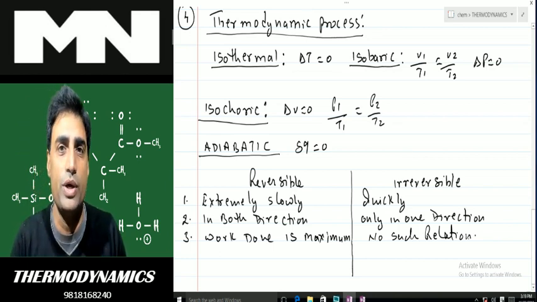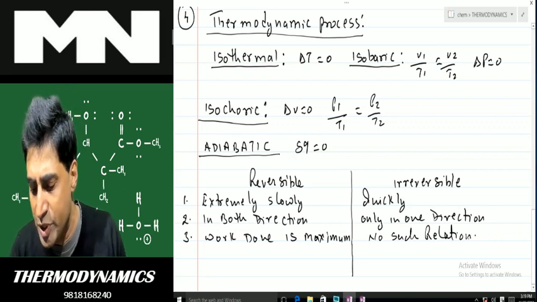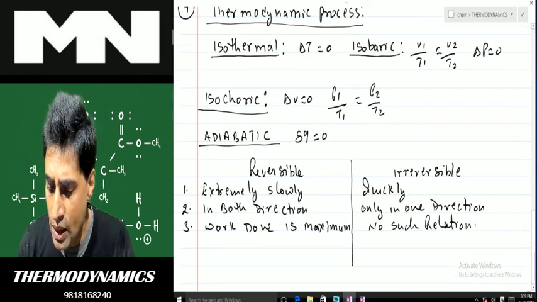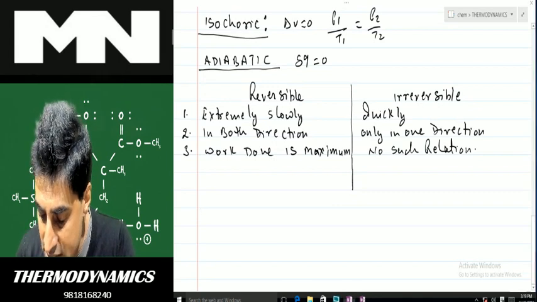But that doesn't mean that we are doing the minimum work also. So there's no such relation. So this is a basic difference between reversible and irreversible processes. Now we'll see thermodynamic work done. Next point, that is the fifth point,